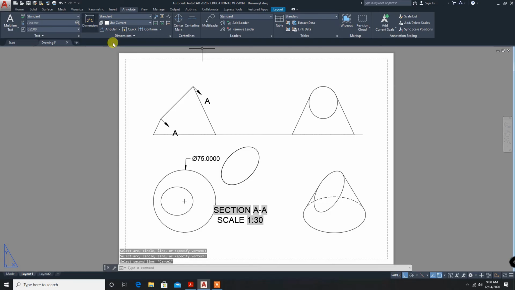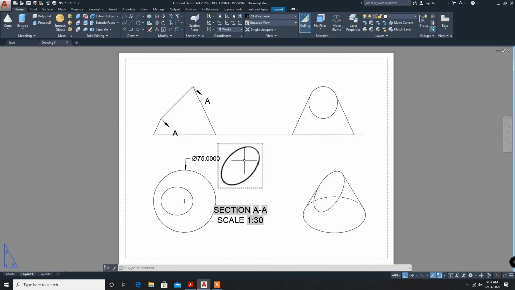Next, we'll go with hatching. For creating hatching, we cannot directly draw the hatch lines here in the layout. For that purpose, we have to redraw wherever we want to hatch.